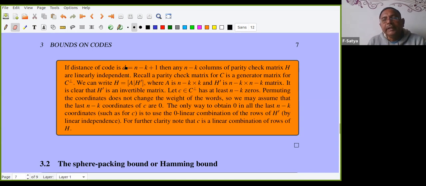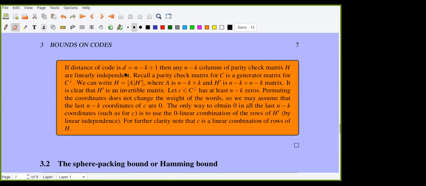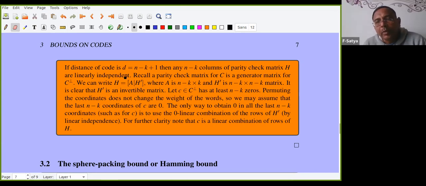See, if the distance is d, then any d minus 1 columns are linearly independent, right? Yes, sir. We observed that if the distance of the code is d, then any d minus 1 columns are linearly independent. So from that, if the distance of the code is n minus k plus 1, then any